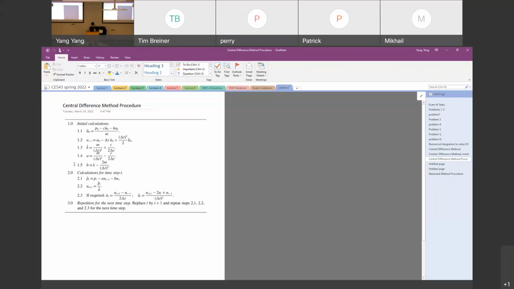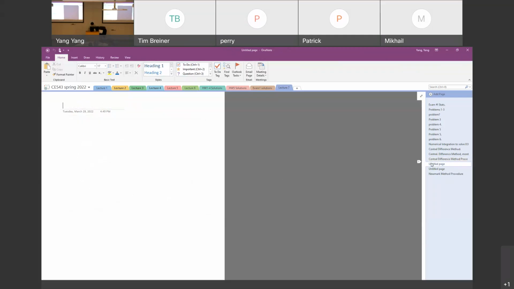So this is the central difference method. Tonight, firstly, we will discuss another type of method called numerical integration. That is the second method. After that, we will talk about how to use a numerical method to calculate the response of the structure